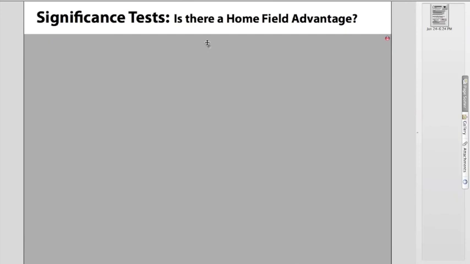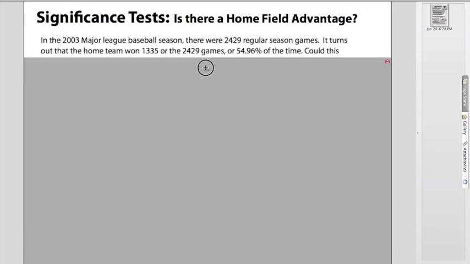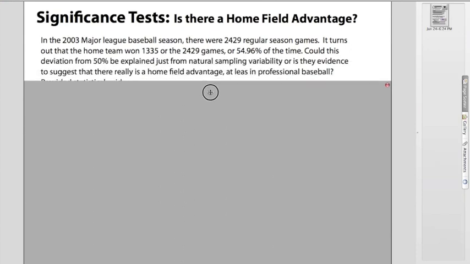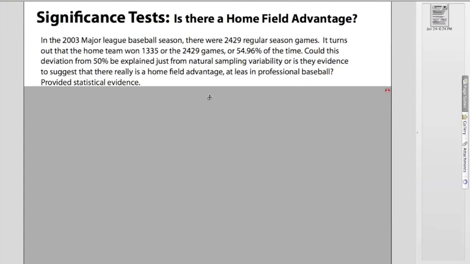Okay, significance test. The question is, is there a home field advantage? We're going to explore the possibility of having a home field advantage in Major League Baseball. So here's the situation. In 2003, the Major League Baseball season, there were 2,429 regular season games, and it turns out that the home